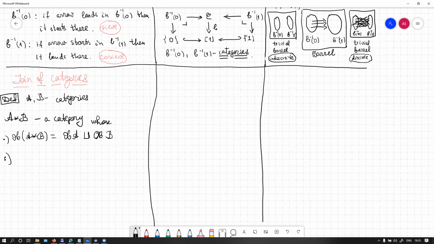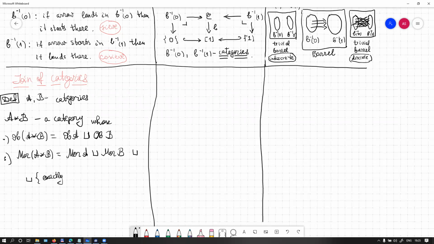And second, morphisms of A join B are given by morphisms of A, disjoint union morphisms of B, disjoint union with